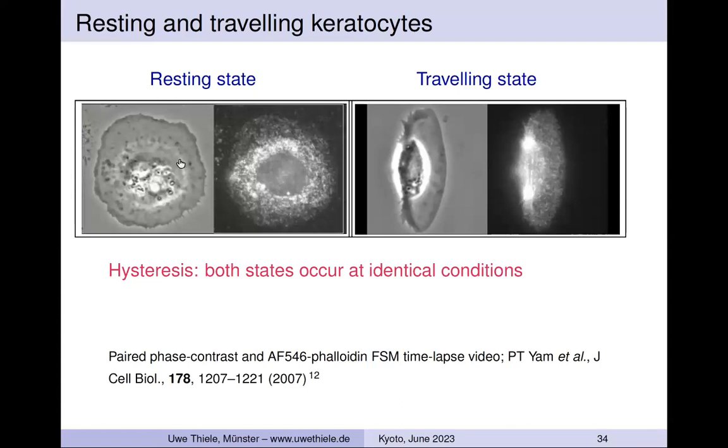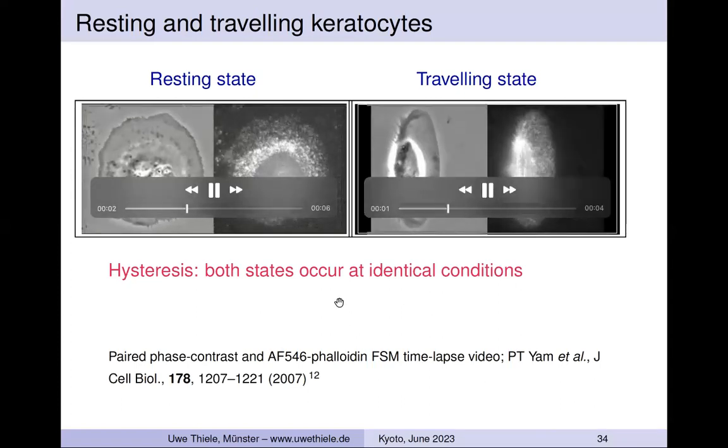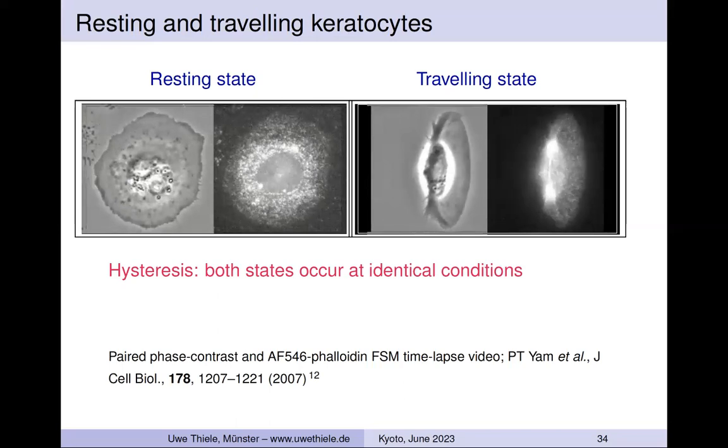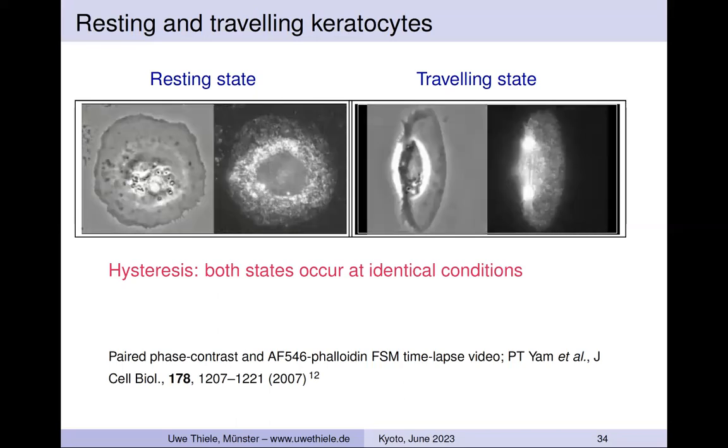The idea is that these types of models are very simple models of systems like keratocyte cells, keratocytes that are fish cells on solid substrates, and they can either be in a resting state or in a moving state. And actually, this happens at the same parameter values that people can control. People normally say, oh, they are either pinned or they are not pinned, or there is some biochemical factor. But let's say modeling